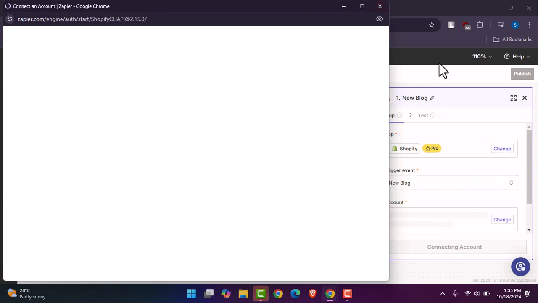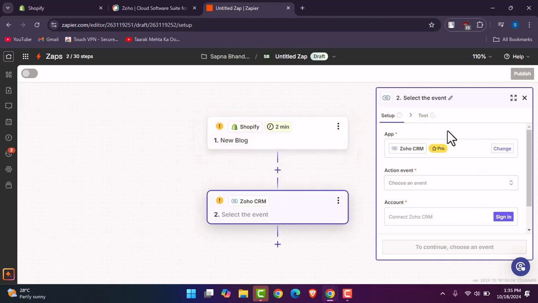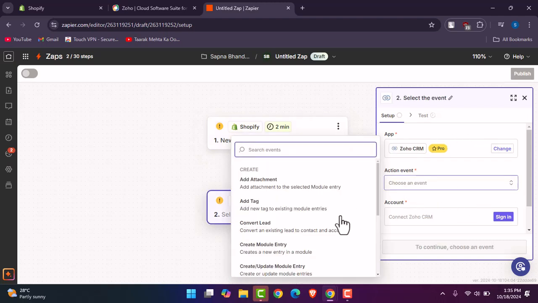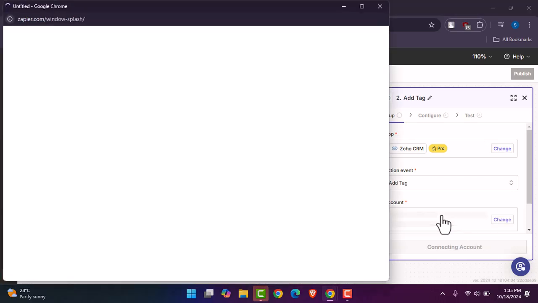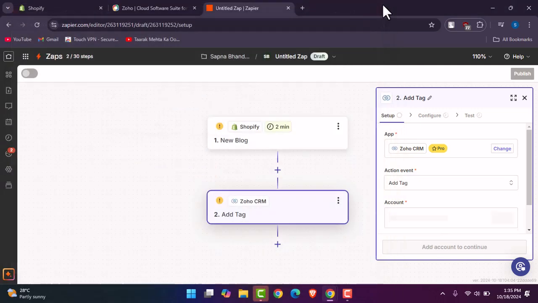Add in the login details and connect your particular Shopify account. Now the same goes for Zoho CRM. Go ahead, add in the event right over here. Now go ahead, add in the account as well. Once you've added that, you're going to be able to connect both of the websites over here in Zapier,